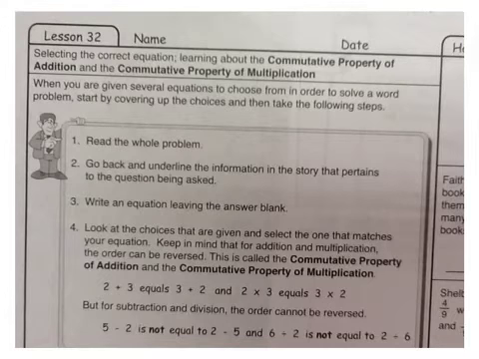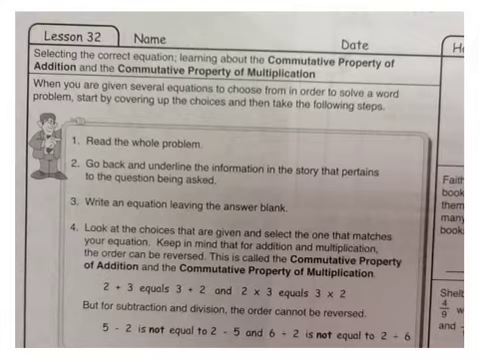We're going to work on lesson 32. The theme or the objective is selecting the correct equation, learning about the commutative property of addition and the commutative property of multiplication. So it's when you are given several equations to choose from in order to solve a word problem,